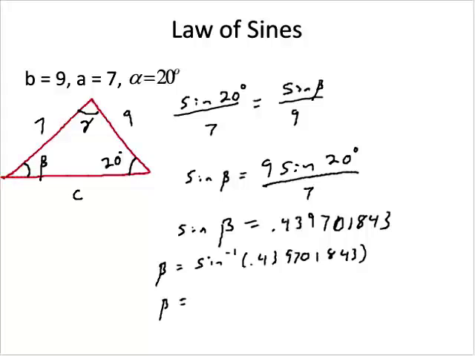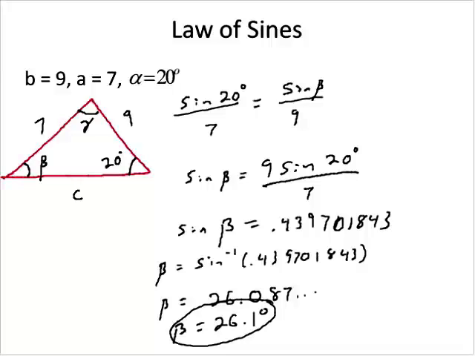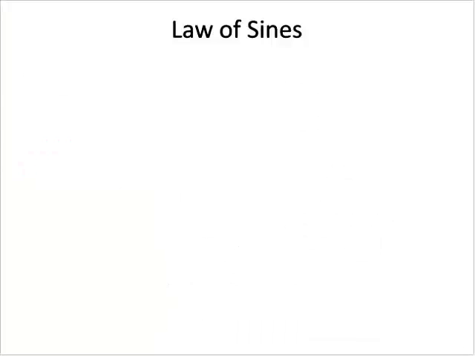Beta is going to be approximately, well, when I put it in my calculator, I get 26.087 something, so I'm going to round that off to the nearest tenth of a degree and make it 26.1 degrees. There's my beta. I'd like to find gamma, but that's not a problem. Let me get to the next page. Gamma should be 180 minus alpha, which was 20 degrees, minus beta, which we said was 26.1 degrees,